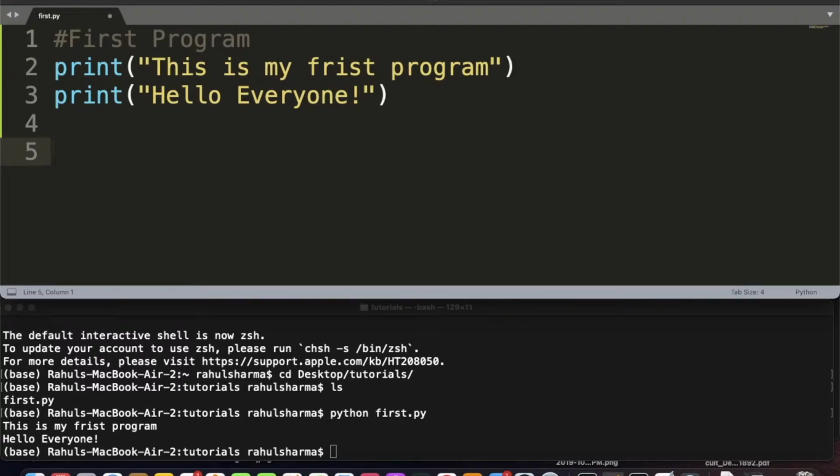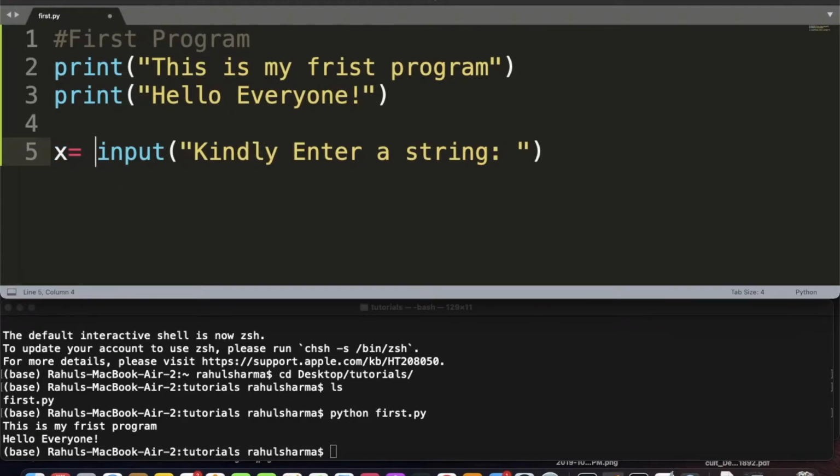The command is input, if you want to take some input from the user, and here you can write something if you want to show that message on the screen. Kindly enter a string. And I am giving one variable, x is equal to this. So if you enter a string, that will come in the x,